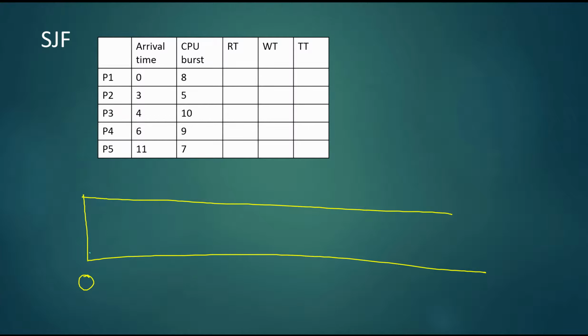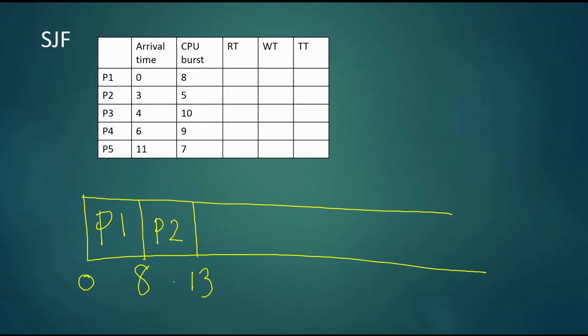All right, so the current time is 0. The only process that has currently arrived is P1, so P1 will go first. And it will go until time 8. Now, this is shortest job first non-preemptive, so it doesn't matter if another process arrives. P1 is going to finish its burst because it's non-preemptive. Now, at time 8, we have in our ready queue P2, P3, and P4. They all arrived, and so we're going to have to put the next one on based on the CPU burst. And so the one with the shortest CPU burst is P2, which will go until time